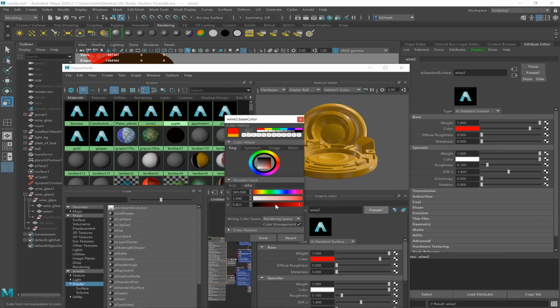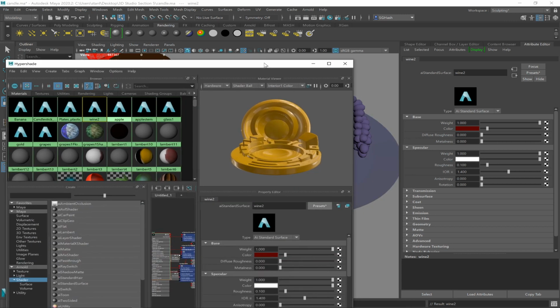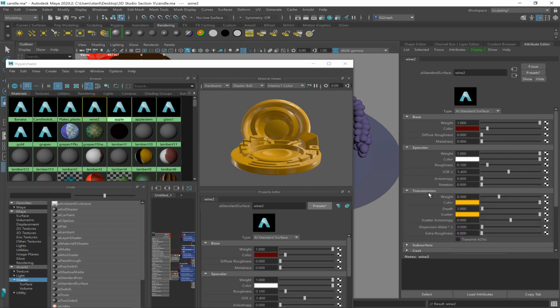Let's make it deep red like that. Be aware, though, that I've changed this base color, and my preview hasn't changed. So something else in here is making this orange juice orange. And if you open up your different attributes, you're going to find out there are some more orange colors